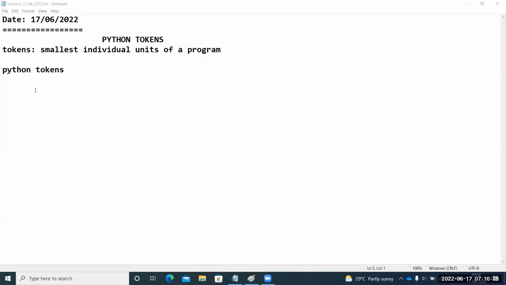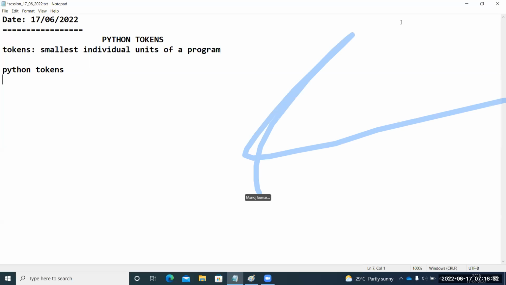Good. Now let me write what are the Python tokens. First one is identifiers, because we are going to cover all these in the same order, guys.